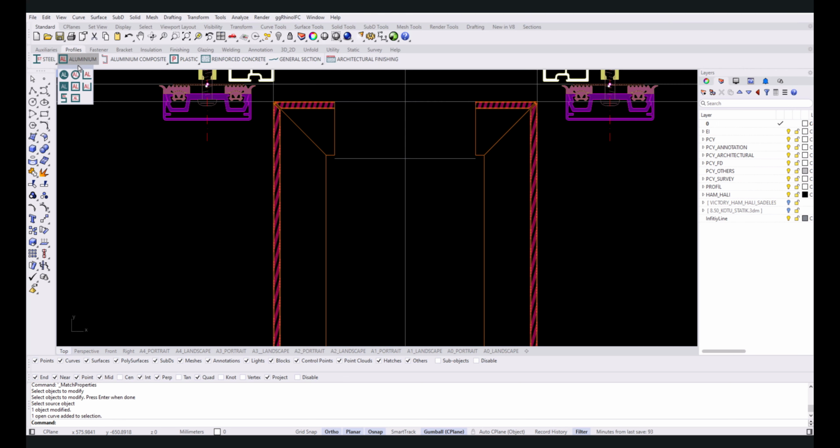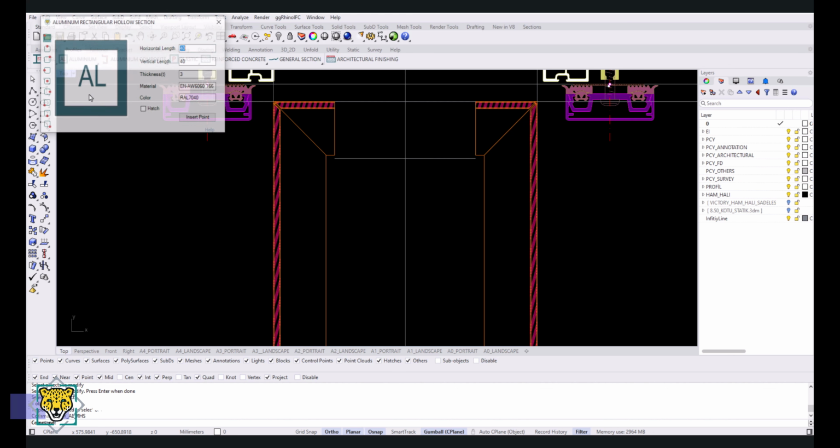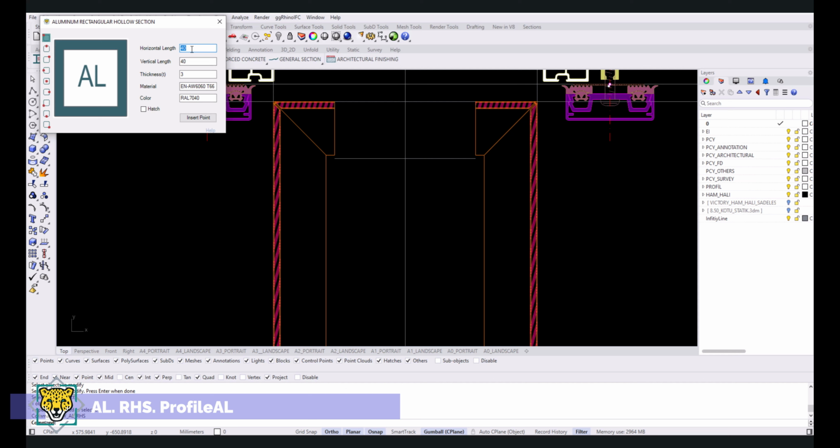I want to add a box profile as a substructure. Since all profile placement techniques are the same, I will demonstrate the inputs on just one. I enter the section dimensions I want. If the color and material information to be used in the project is entered correctly, it will be very useful